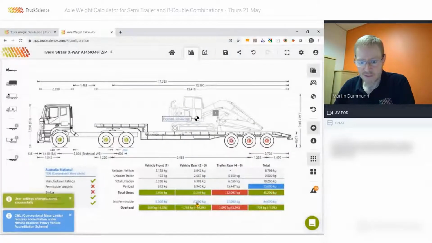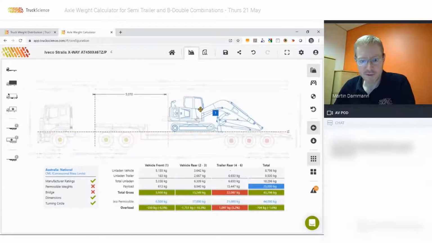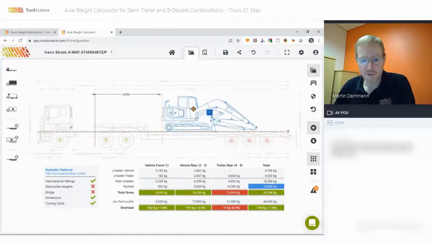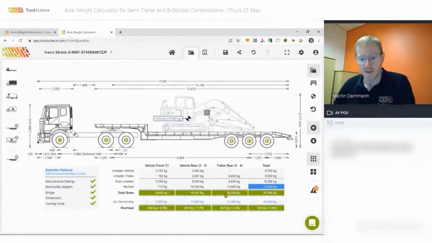Increases from 16.5 to 17 to 21 and 44. So we're almost legal. We could move the excavator slightly forward and we'll probably get legal on all the axles. An important thing to note with concessional mass limits is that they do not require road-friendly suspensions for the higher